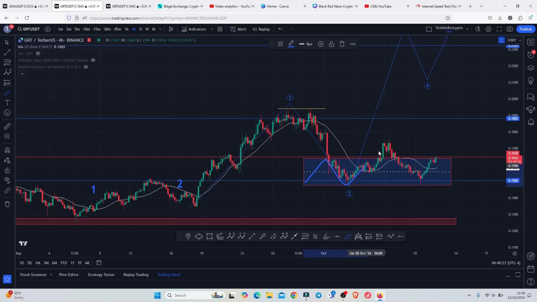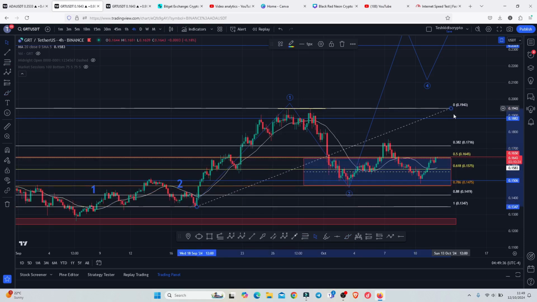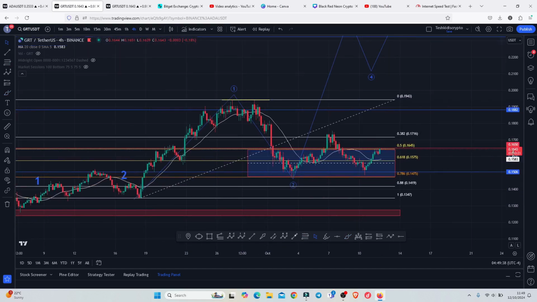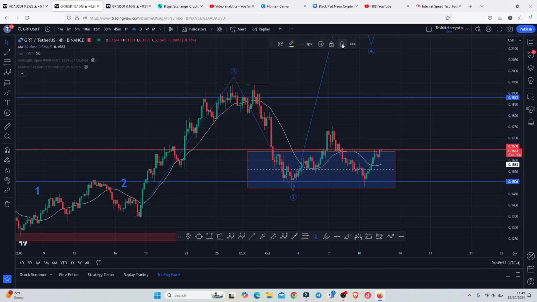highlighted on the charts using this target area, an area that I came up with by connecting the fibs from the low of the first wave to the high of this wave 1, giving me a minimum pullback target area between the fib level 0.5 and the fib level 0.78. And that is between the 0.1645 and the 0.1475, an area that we have now fully maximized,